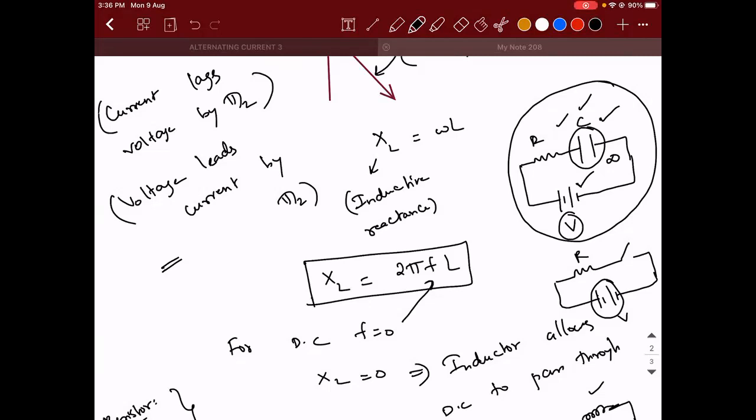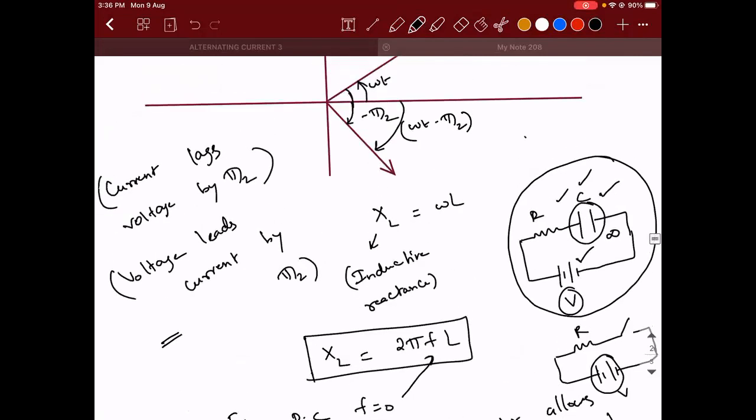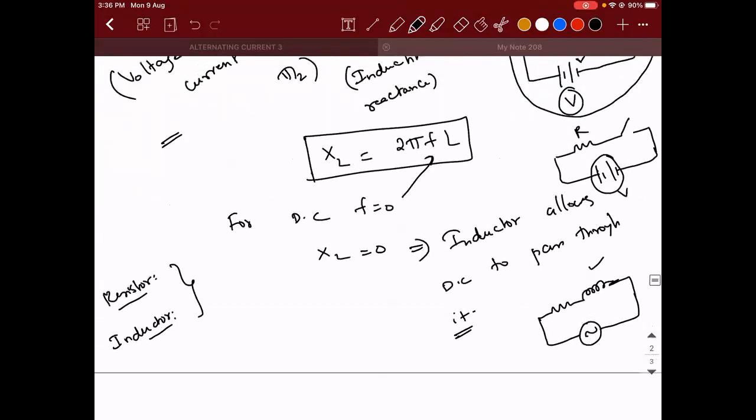So what you told is partially correct, but the exact reason is it offers infinite resistance to the direct source. And you know why, because XC is equal to 1 by omega C. In omega you have 2 pi F. Since F is 0, XC is infinite. Have that point in your mind, guys, since you have these assertion-reason questions. That is where the tricky part will be. Okay. I hope I'm clear. Shall I proceed? Yes, sir.